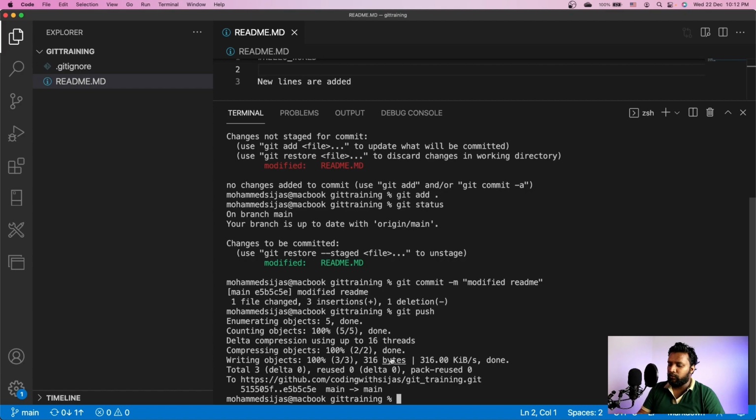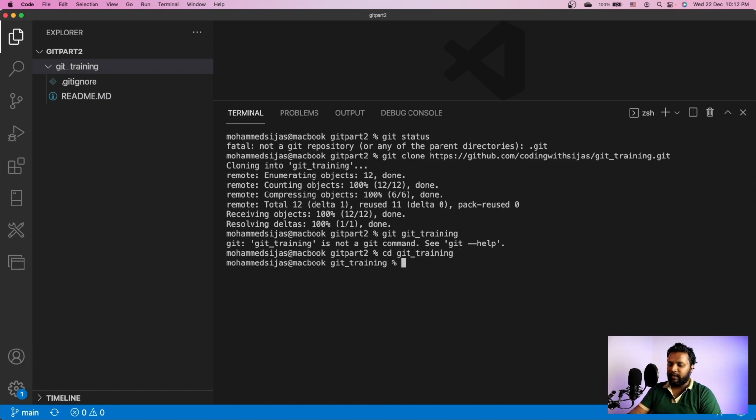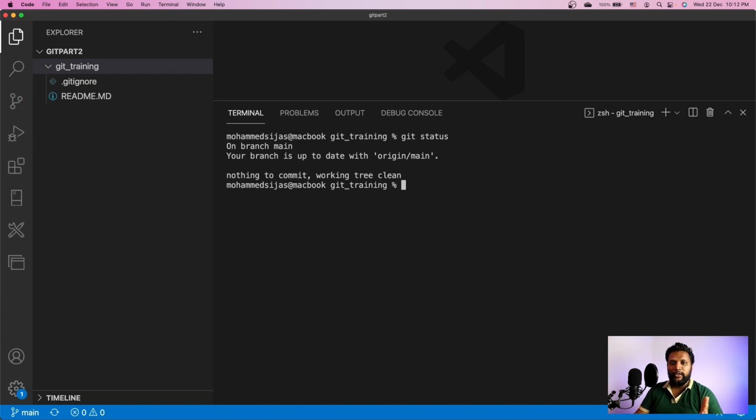So let me switch to the folder which we have cloned now. So the Git training folder, I'll go to Git training. Sorry, I'm inside it. cd Git training. I'm inside it. I'll clear it. And you can see now git status still says this is up to date because we haven't fetched it.